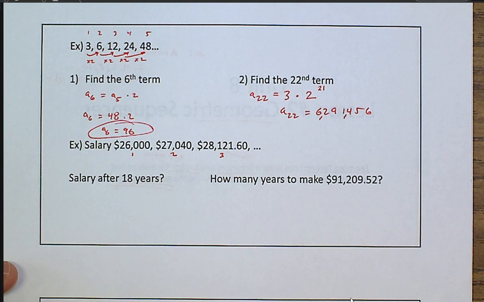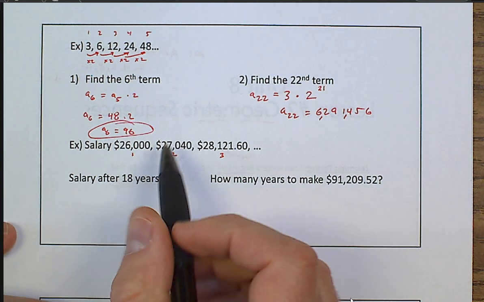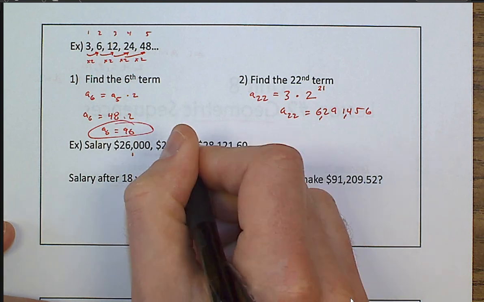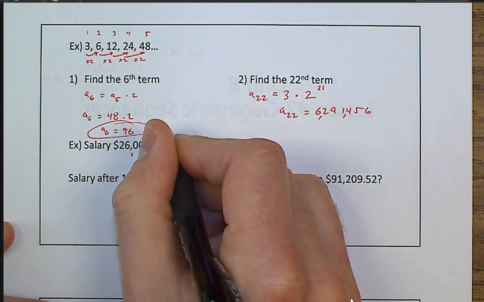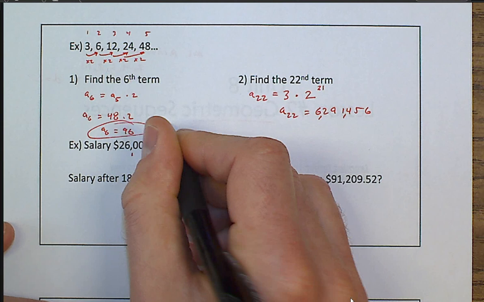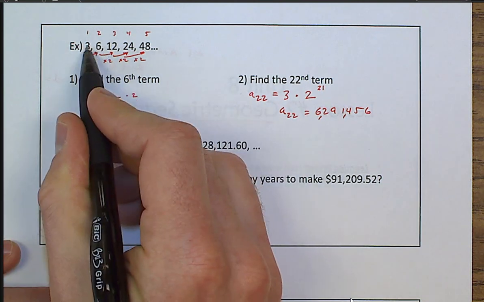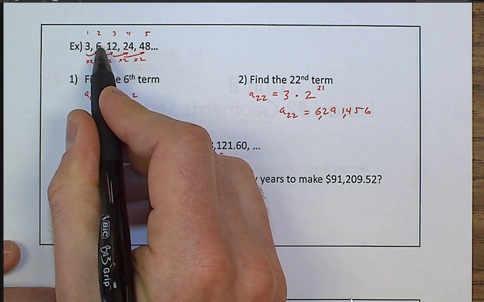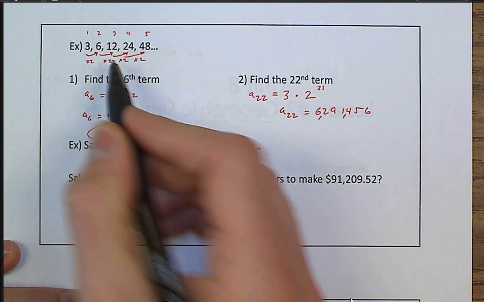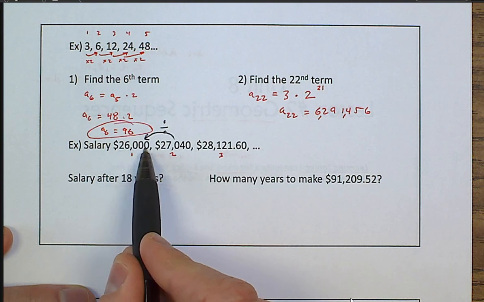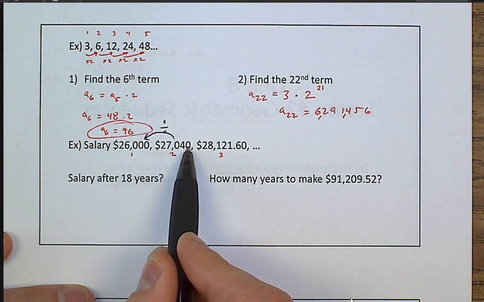It kind of just depends on what you're doing, but I'll give you a hint. If you don't see one that comes off real easy like this, just go backwards. Go from the second term to the first term and divide. Divide them out, right? Like 6 divided by 3 is 2. 12 divided by 6 is 2. 24 divided by 12 is 2. A lot of people can't see, what did I multiply 26,000 by to get 27,040? But watch what happens when you take